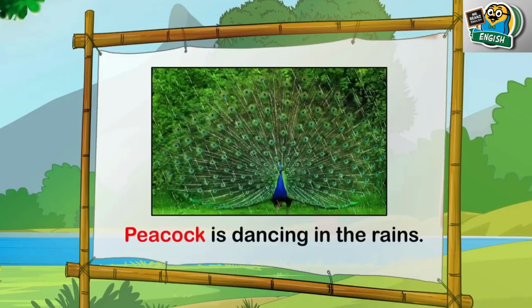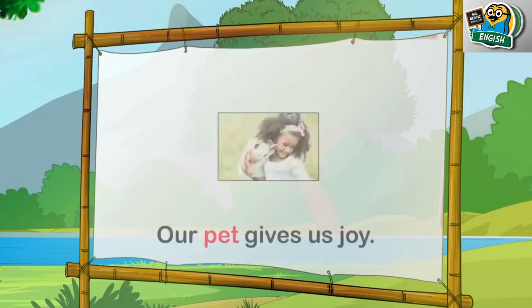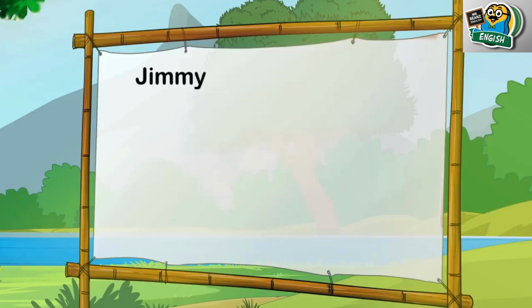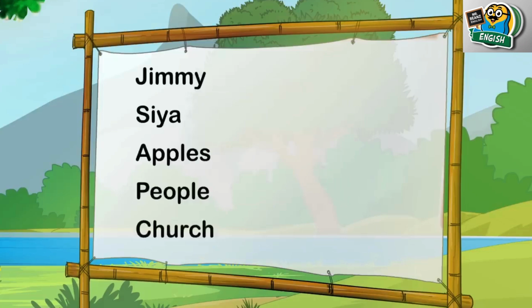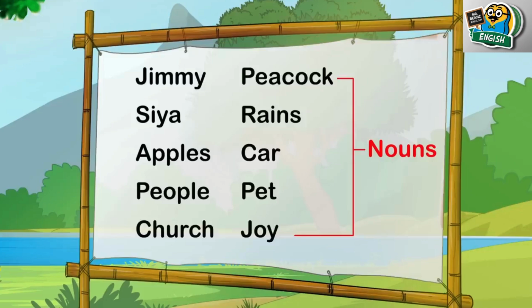Peacock is dancing in the rains. I love my car. Our cat gives us joy. Here, Jimmy, Sia, apples, people, church, peacock, rains, car, pet, and joy are nouns. Now,